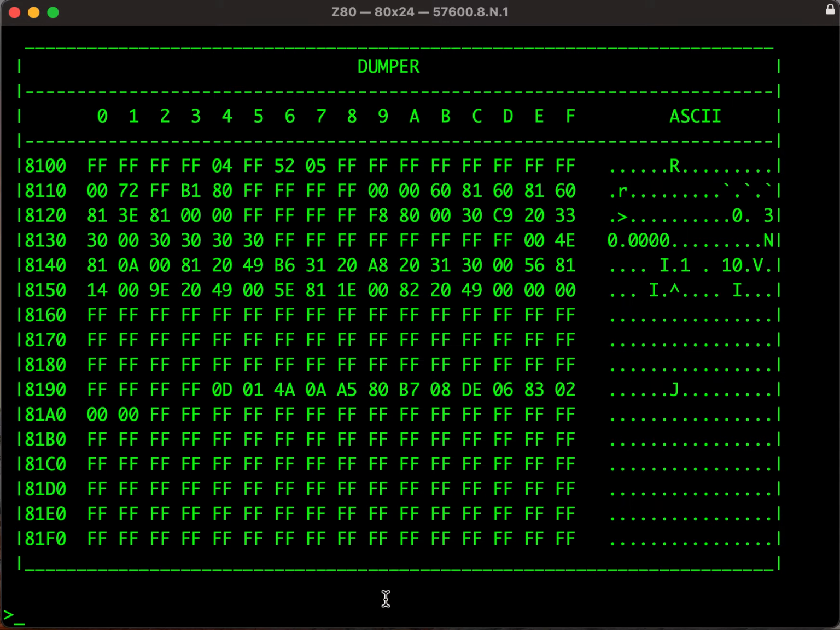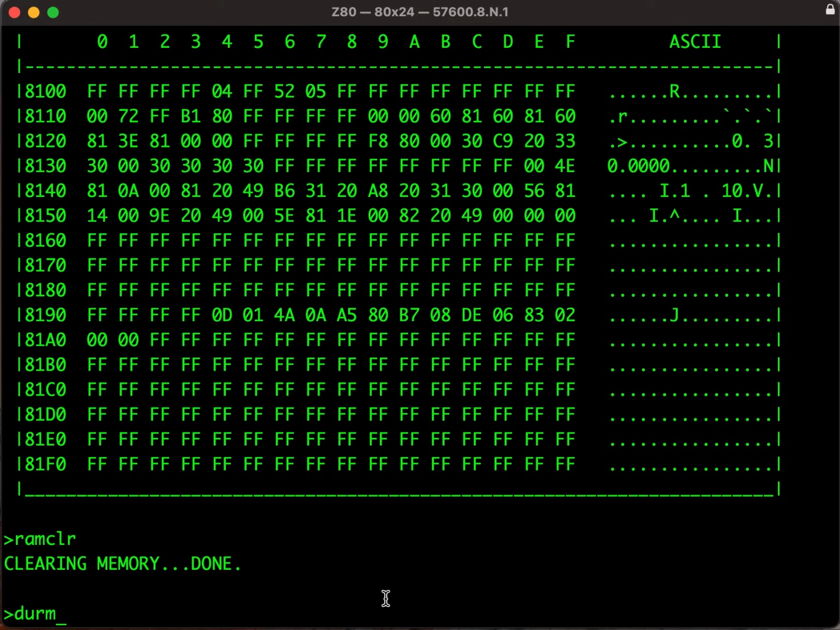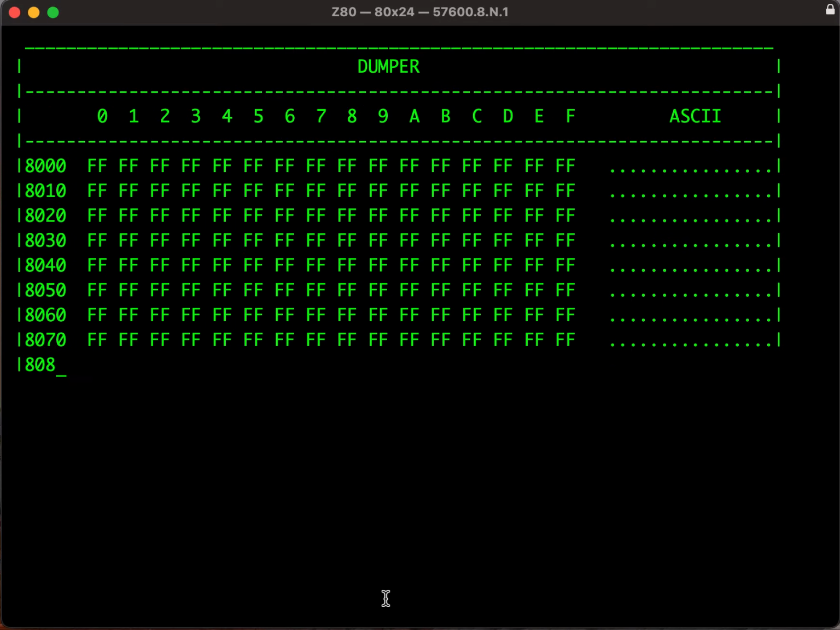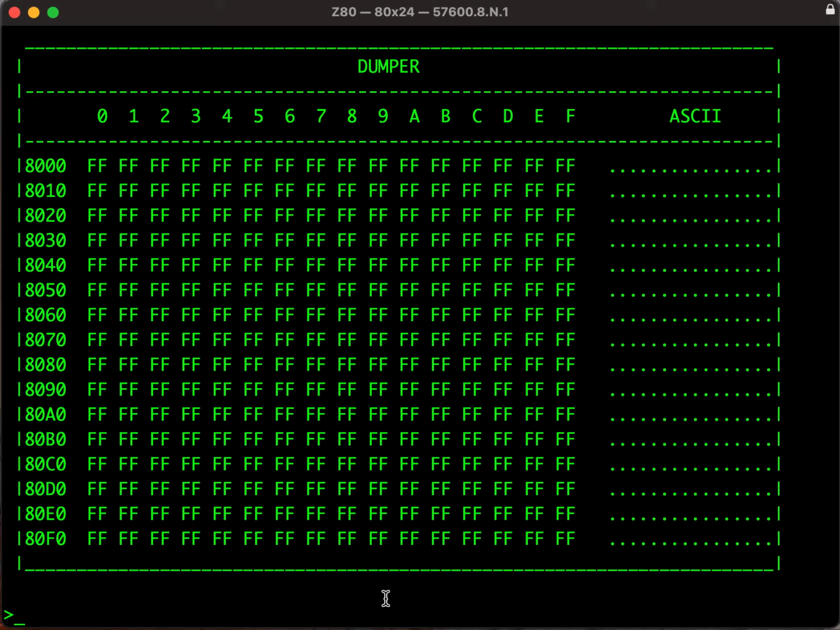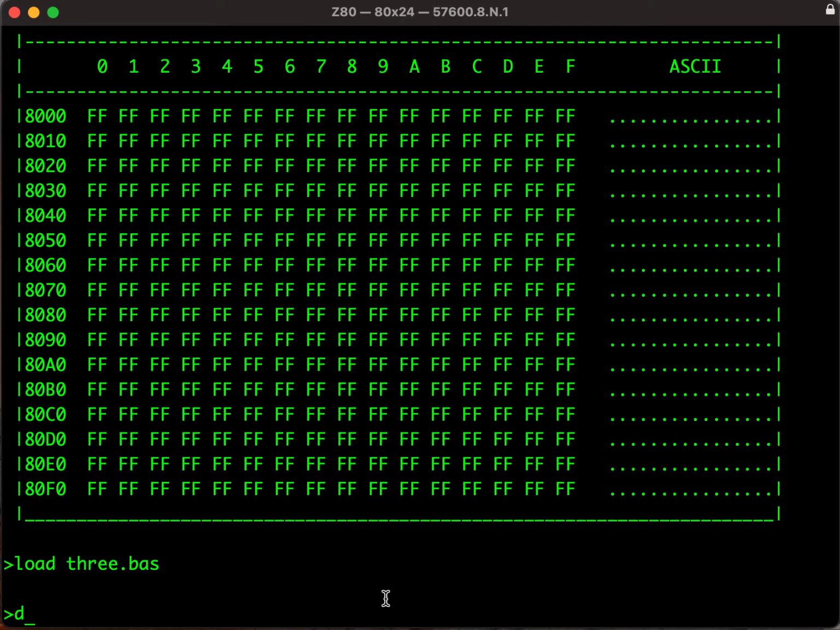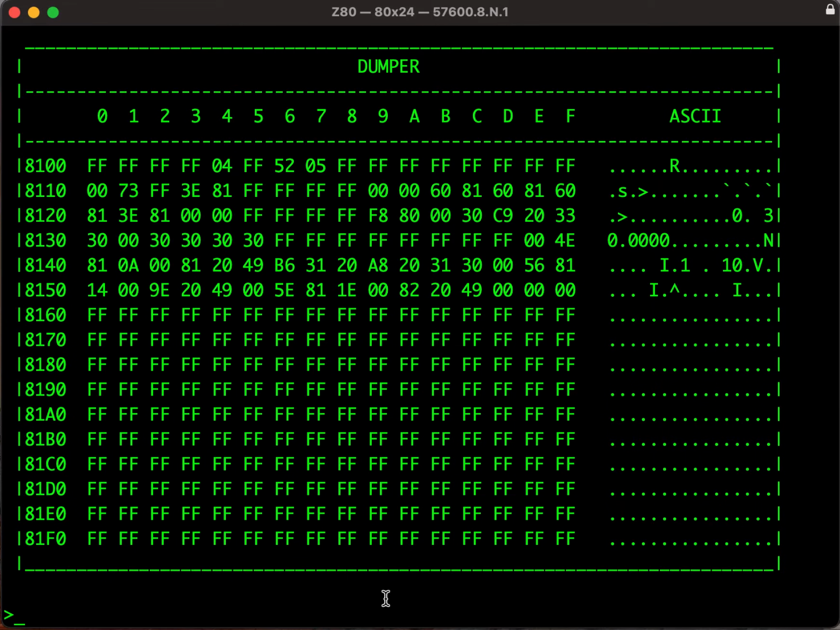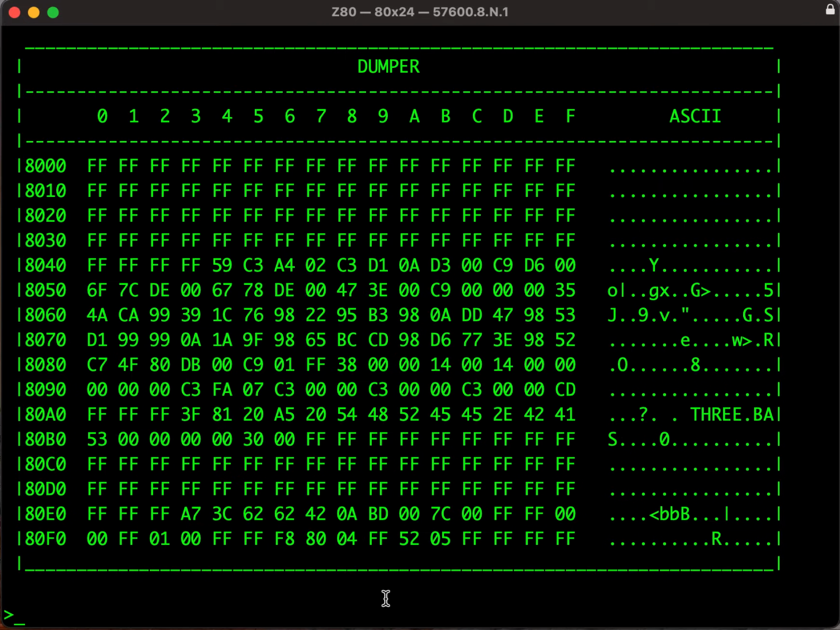Now the other thing that I'll do, just to confirm these things, is a RAM clear. So if I dump 8000 again, we'll see that they're all Fs. Now if I do a load from the monitor here and dump the 8100 again, and dump the 8000, we should see that all of these things came back and are working correctly. And we have the Y again in that